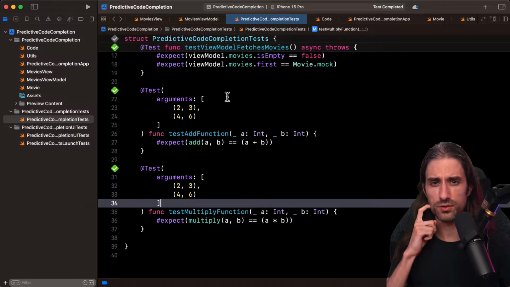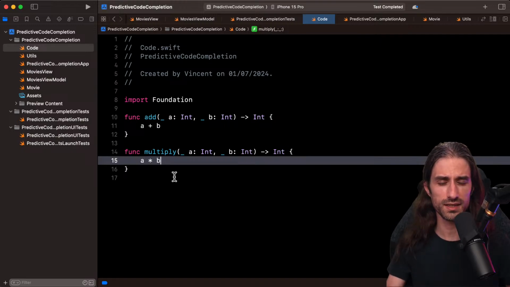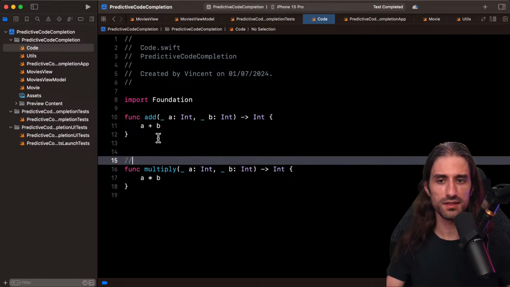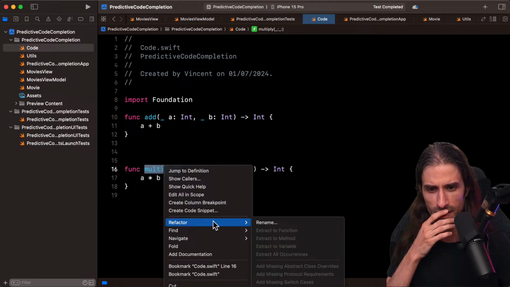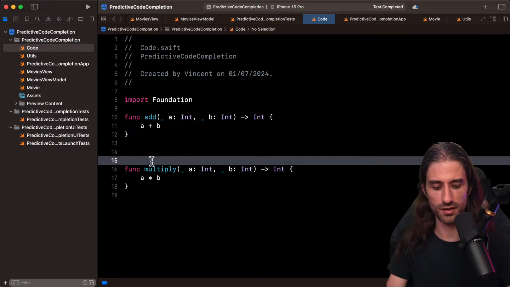And so what I wanted to do to finish was to try and see with writing comments. So first thing, easy. Can it generate comments for this function, which is fairly easy to comment, you could say, because it just multiplies its two parameters. It seems like it's not doing anything. One thing I want to see is what's the correct syntax for documentation. Okay, it's more free stuff. So I'm going to try and put 3 slashes, and let's see.